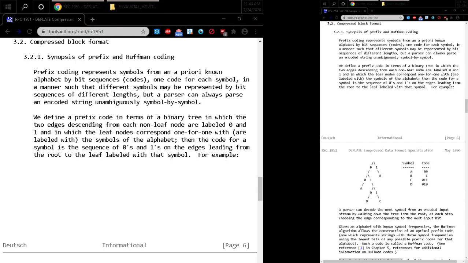We define a prefix code in terms of a binary tree in which the two edges descending from each non-leaf node are labeled 0 and 1, and in which leaf nodes correspond one for one with, are labeled with, the symbol of the alphabet. Then the code for a symbol is the sequence of zeros and ones on the edges leading from the root to the leaf labeled with that symbol. For example,